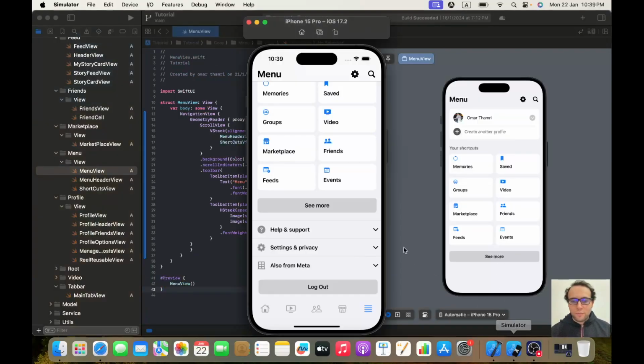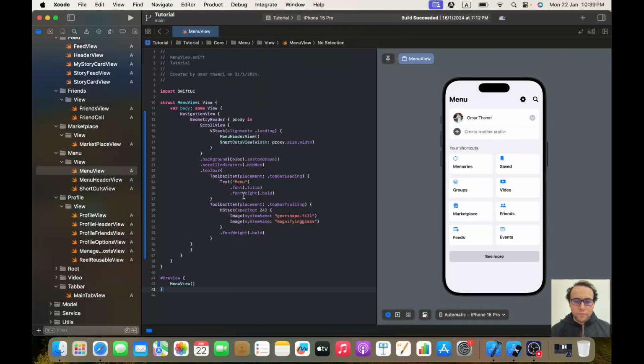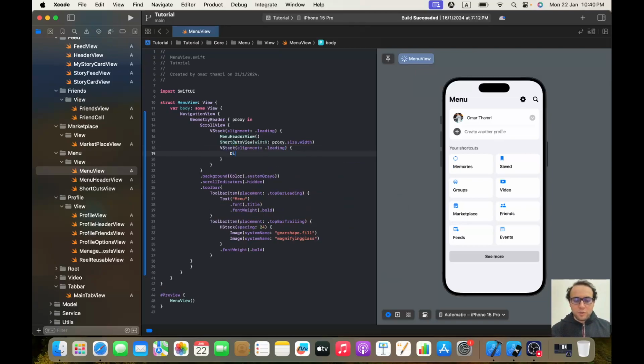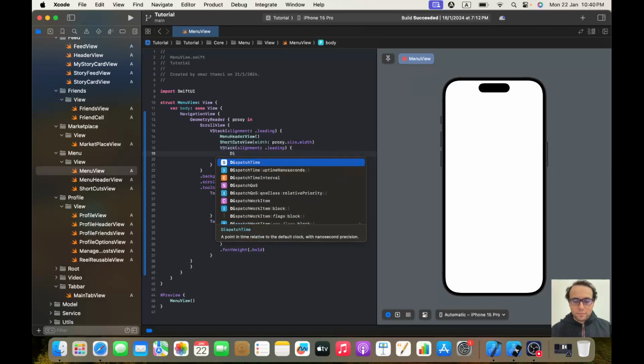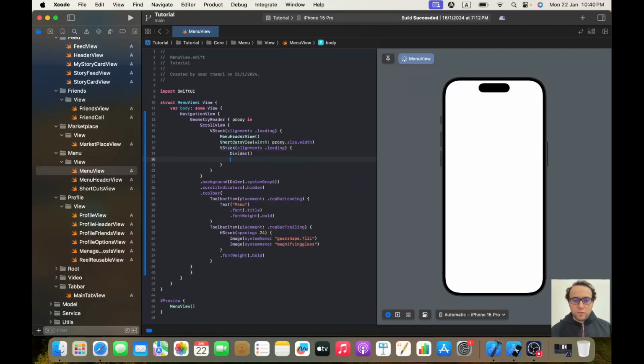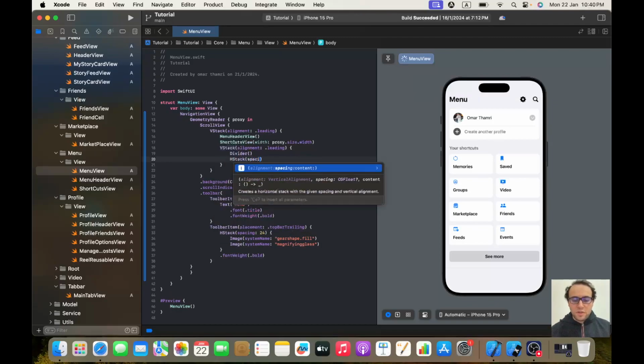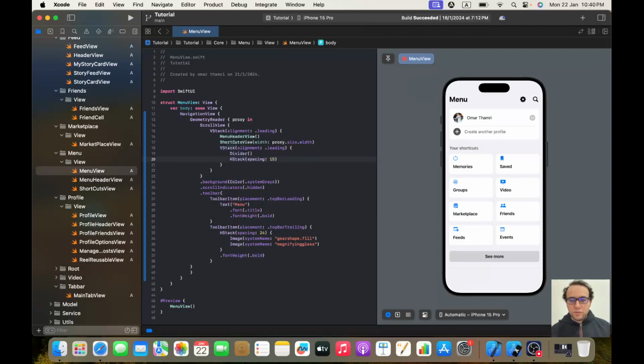Okay, perfect. Then we will be implementing this one, so it will be a V stack, and inside this V stack we will have an A stack. So here we will have a V stack with an alignment of dot leading, and here we will have a divider. Then we will have an A stack with a spacing of 15,